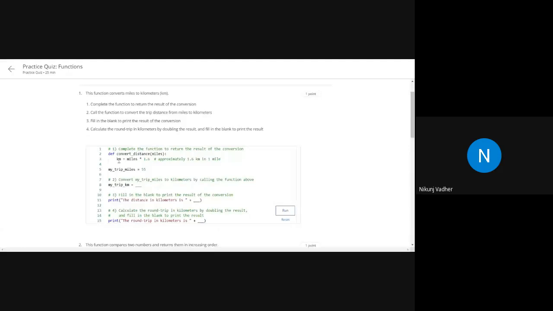Here they have given the conversion of kilometer to mile, and then convert my trip miles into kilometer. So my trip kilometer is equal to convert distance and then my trip miles. That is what you can specify over here. So equals to convert distance, and there you will pass my trip miles.